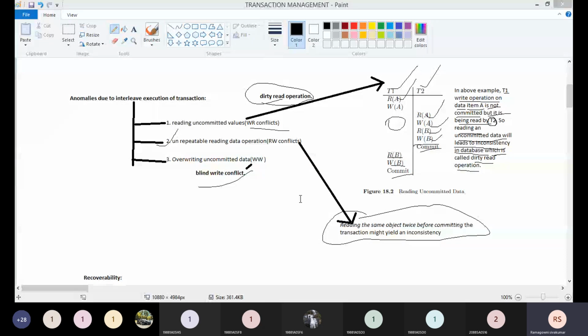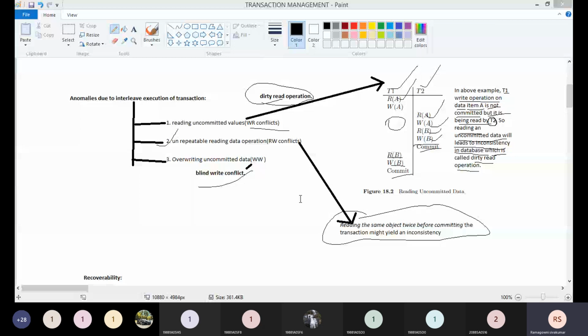If one transaction could overwrite the value of object A, which has already been modified by another transaction while the first transaction is in progress, then we can call this a blind write conflict. So these are the anomalies. These are the problems. The next topic is